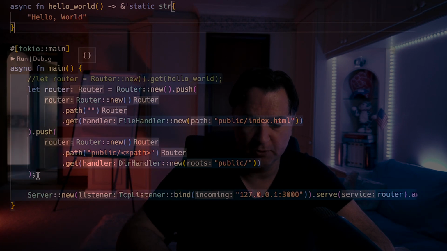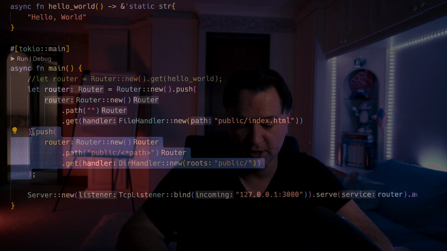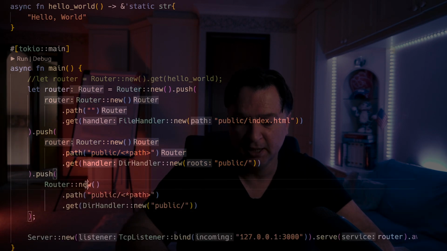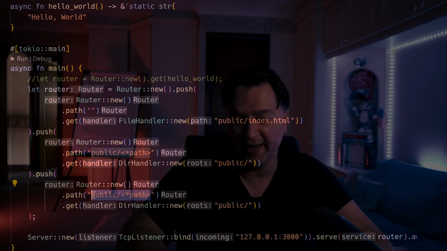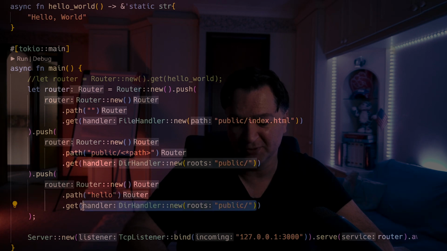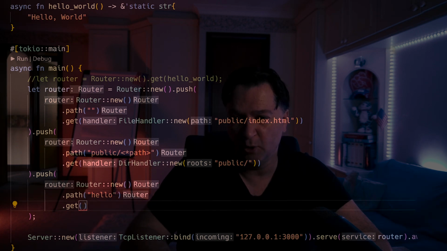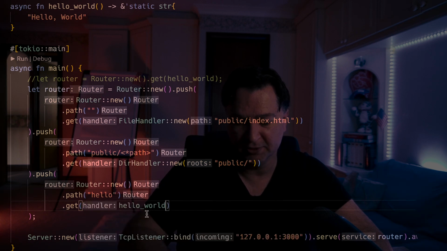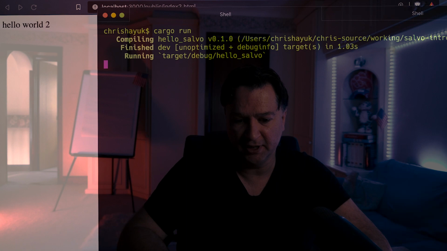So let's do that. We will just copy this in here, do Control C, we'll Control V in here. And then this time we'll have the path set to hello. So that's going to do the routing. We don't want to serve from the public folder. What we want to do is get back to using that hello world. So we'll get rid of all of this. And now we will type in hello underscore world. We'll save that. And then if we kill this and we do another cargo run,